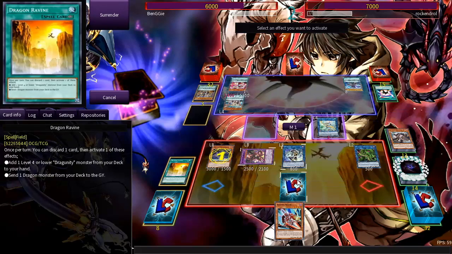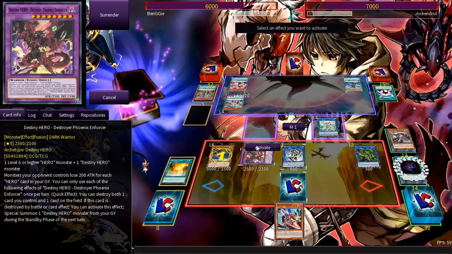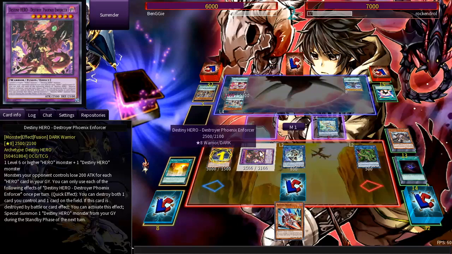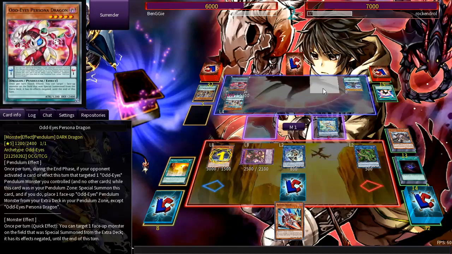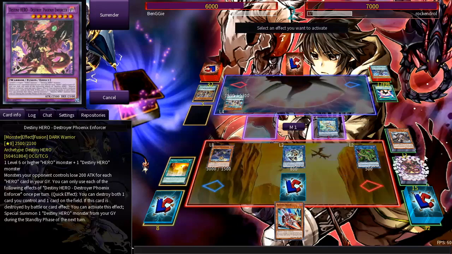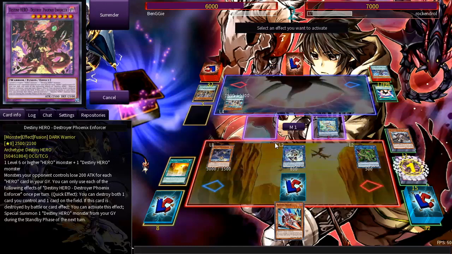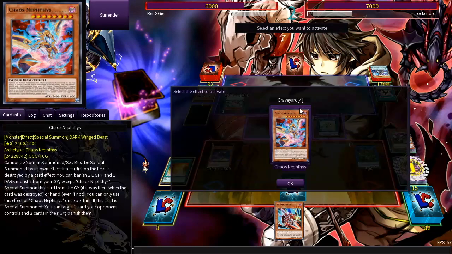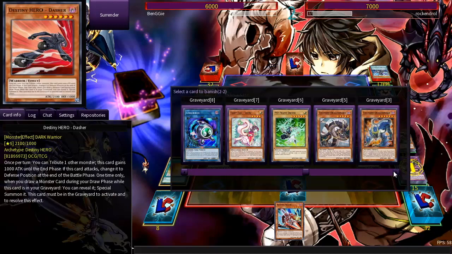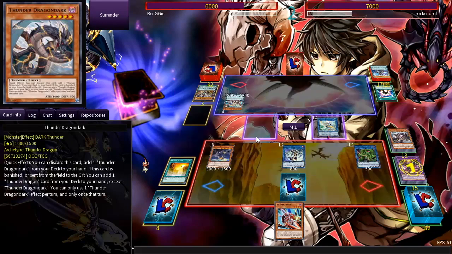Nope. Perfect. Alright. Start destroying their stuff, and DPE can also activate, yeah. Easy. All right, and we could also use Chaos Neftis now if you wanted to. I mean, why not, right? Why not? We could add a hand. And then,